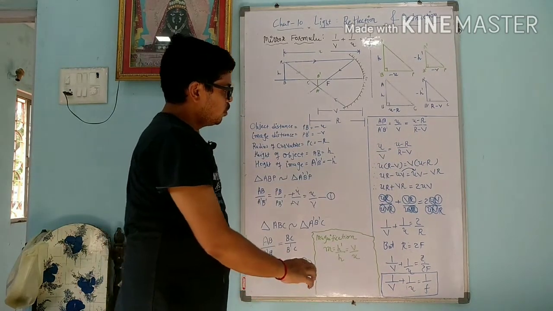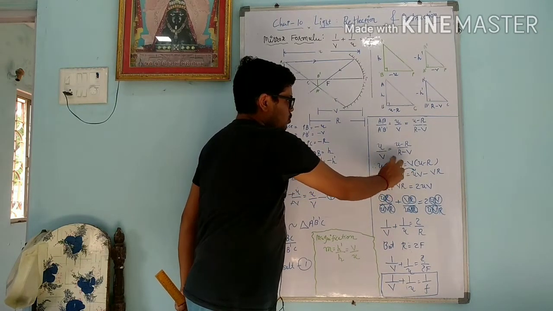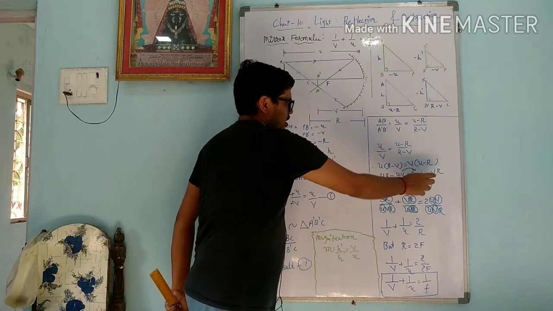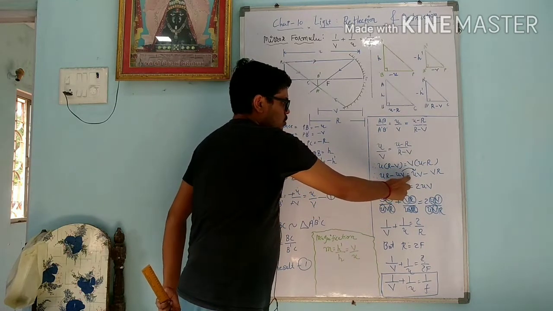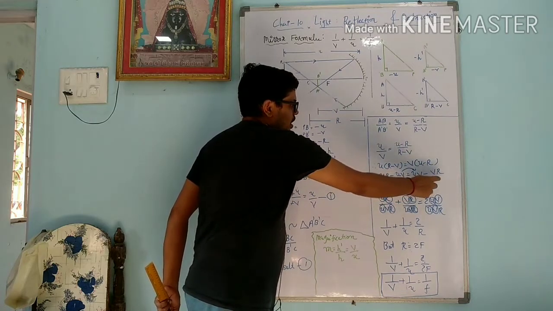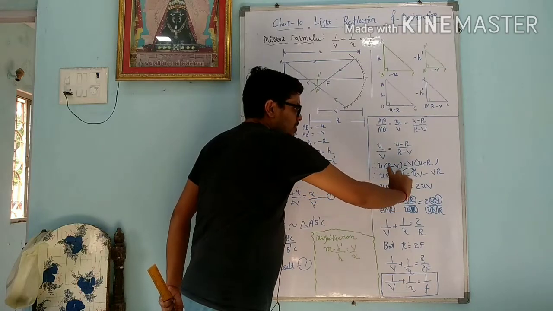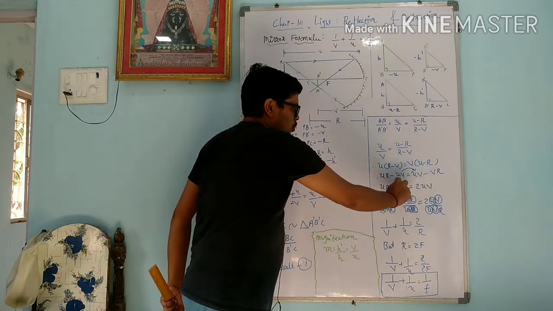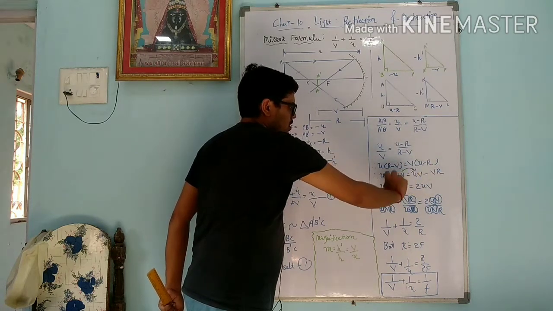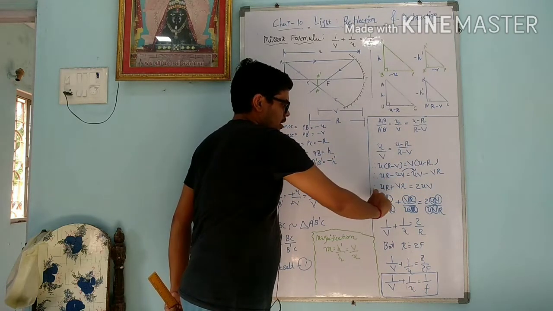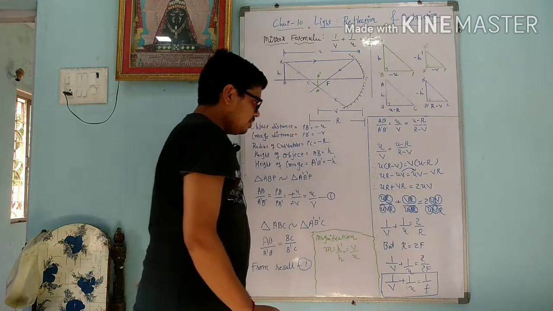Now dear student, we will do cross multiplication. So we can write U in bracket R minus V equals to V in bracket U minus R. We will open the bracket, so we get UR minus UV equals to UV minus VR. Now we will change the side of UV. UV is negative, we change the side, so it becomes positive. So UV plus UV, we get 2UV. We change the side of minus VR, so minus VR becomes plus VR. So we get UR plus VR equals to 2UV.